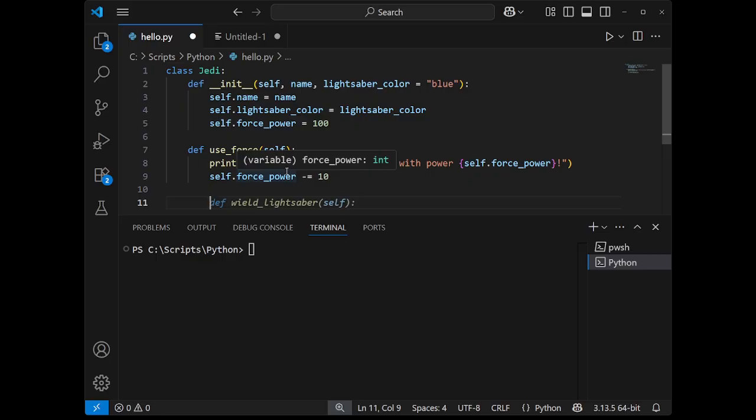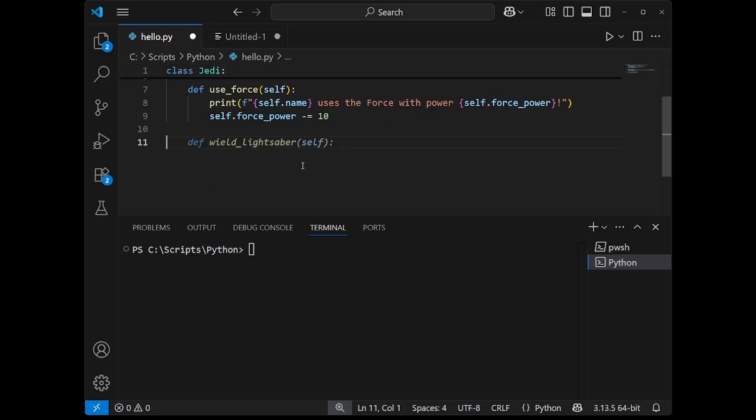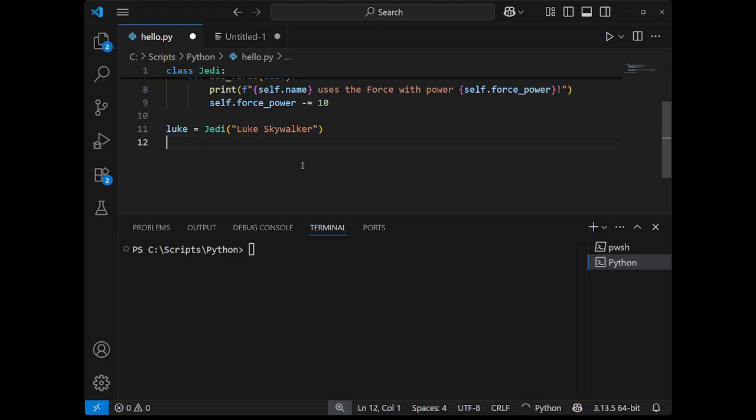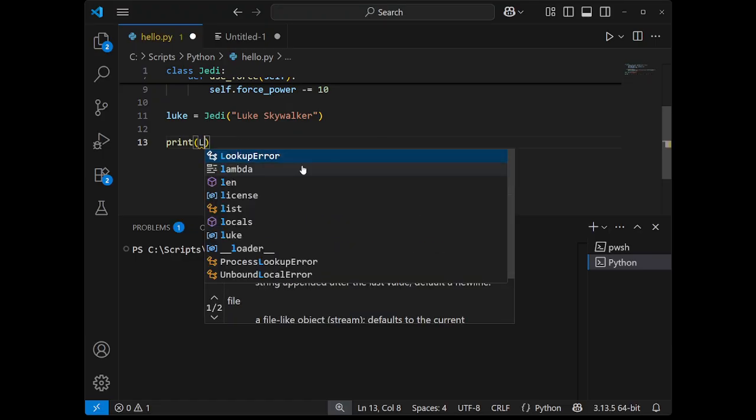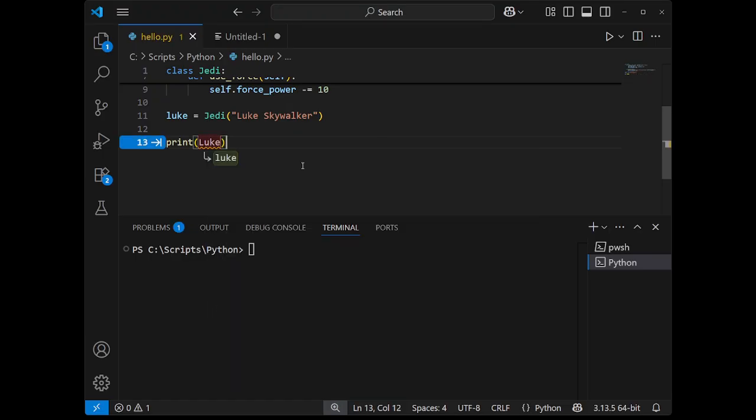So if I want to create some Jedi of this class in Python, what I would do is I say I want to make Luke. I just start making a Luke variable, and I'm going to just say, hey, this is a Jedi. And I'm just going to give him a name. It's Luke Skywalker. And that's really all I need to do. And I can just say, hey, print Luke. Well, I got to do it correctly. Oh, yeah, right. If I didn't capitalize,